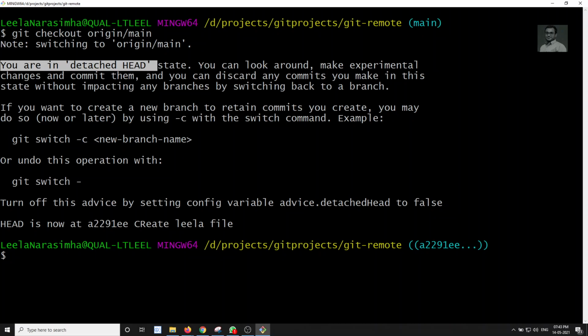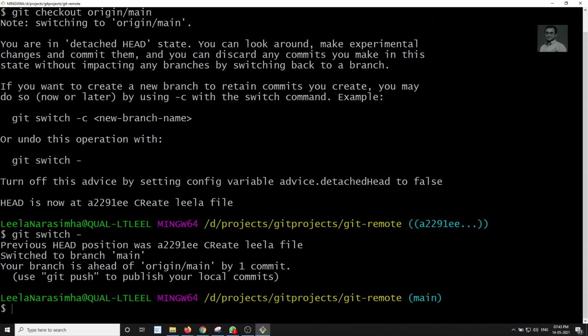Now if you want, you can create a branch and continue your work, taking origin main as the base commit. Otherwise, if you want to go back to main, you can do git switch -, so that it goes to the previous HEAD, which is the main commit. You can go back to origin also, or to the local main.